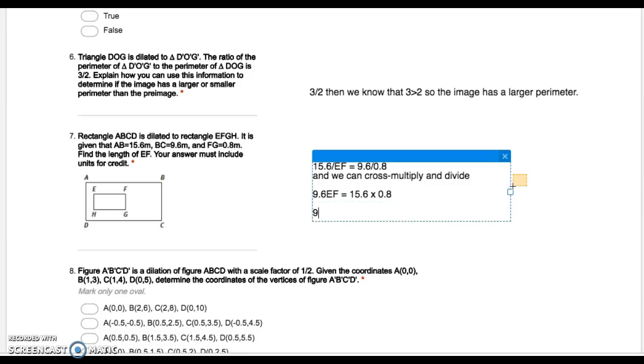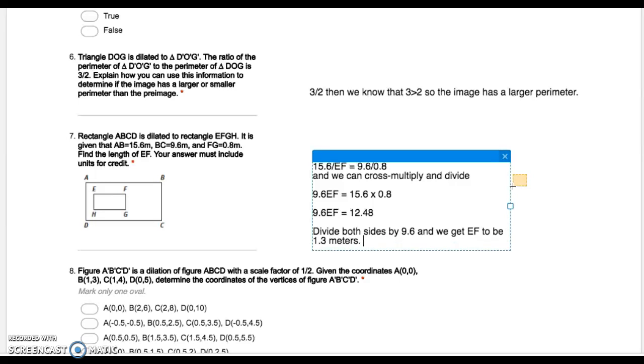So we will once again get 9.6 EF, and we can set that equal to 12.48, because that is what 15.6 times 0.8 is. And we divide both sides by 9.6, and we get EF to be, if we punch that in,